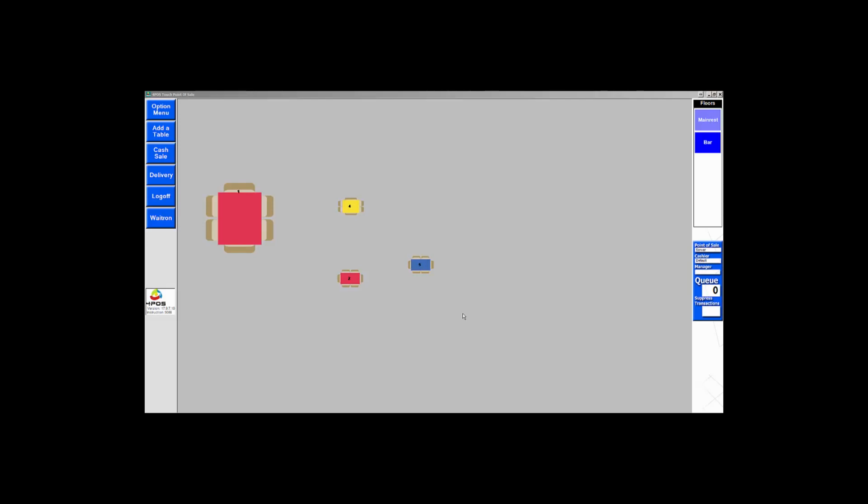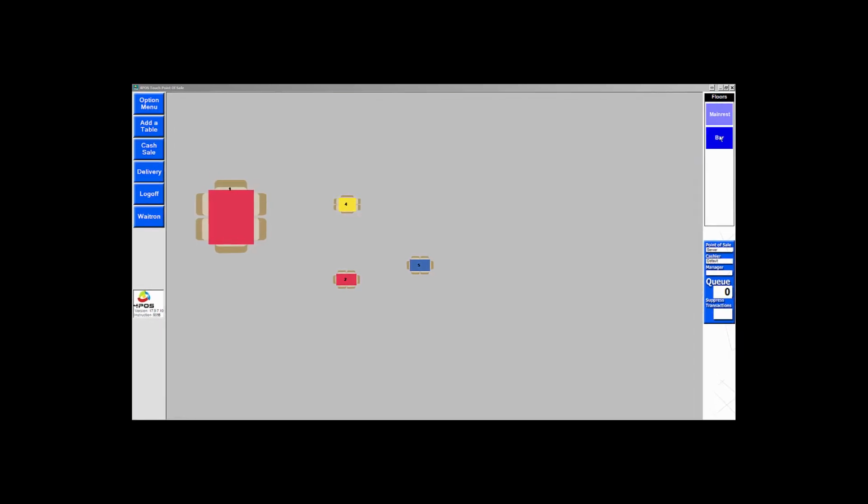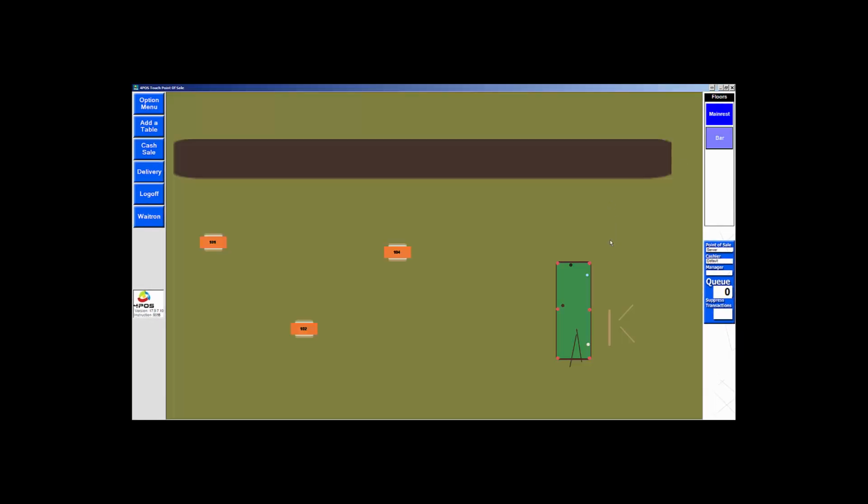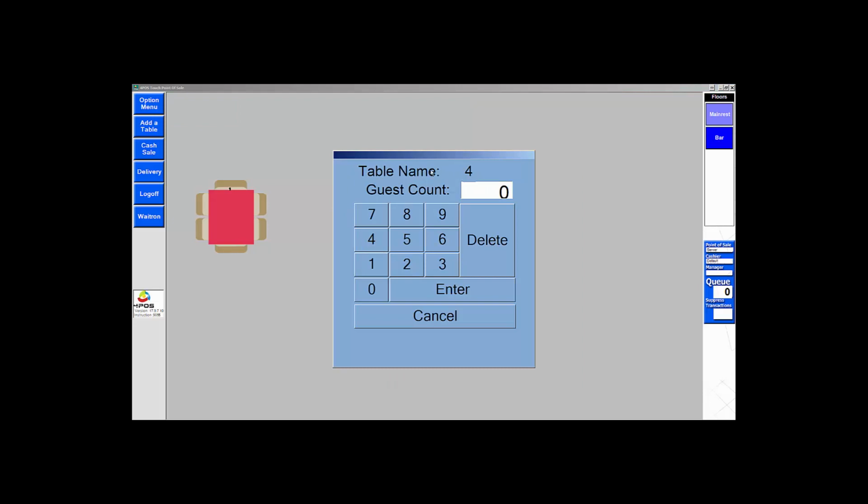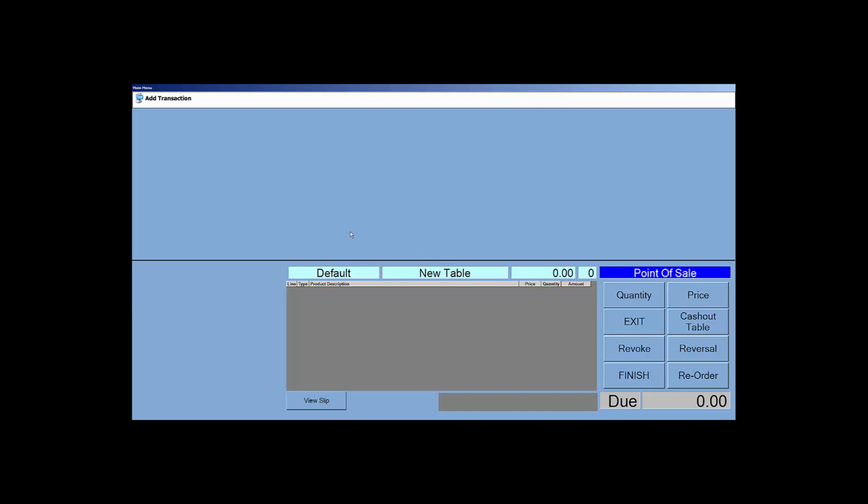What I've also done off camera again is to just go out of the 4POS Touch program and come back in again, just to ensure that it's refreshing perfectly, which it is. And as you can see, we've got our sections and our floor layouts now showing on the right hand side. If I go in my bar area, there's my pool tables and everything else that was created. The benefit really of this is that it looks nice and tidy, firstly, and secondly, if you click on the table number, it automatically knows that it's table number 4, 2 people at the table,